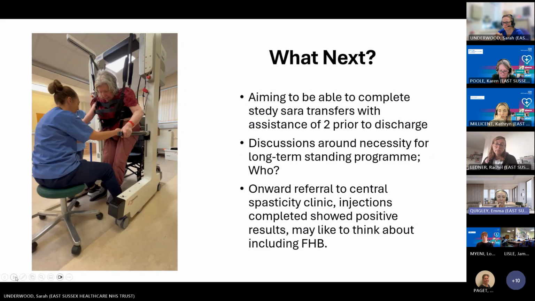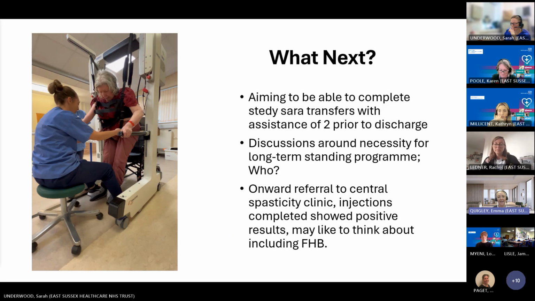So realistically, we're probably looking at a resettlement, but it's going to have to be one that can support her with potentially a long-term standing program, whether that's the nursing home, whether that's a community team coming in, what the options are around that, because I do fear that if she leaves and this doesn't continue, that she will end up losing range and losing function and potentially end up in hoist transfers. So I feel like we've done so much work that needs to be translated onward now